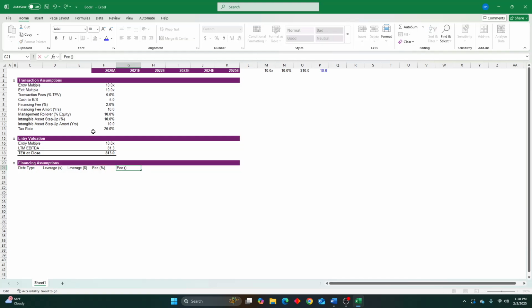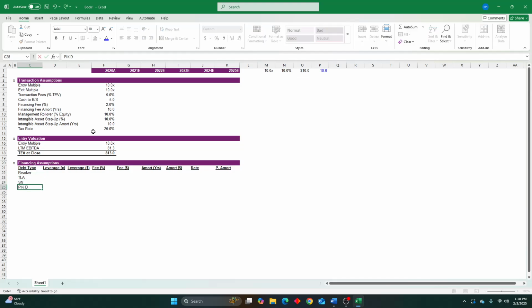We'll have a fee dollar amount. We'll have our amort years, which were given to us up in the prompt. Then we'll have our amort dollar amount. Then we'll have a rate, and then lastly, we'll have principal amortization. So nothing super fancy about what we're going to be including here, just really basic stuff. So I'll bold this, I'll underline it, we'll do revolver, we have our term loan A, senior notes, and then